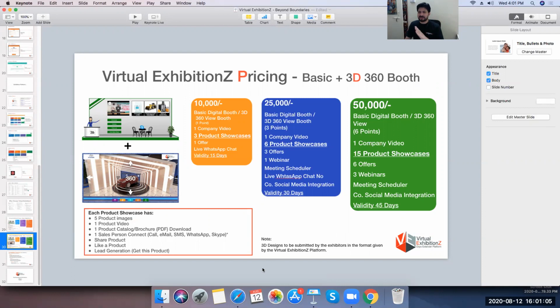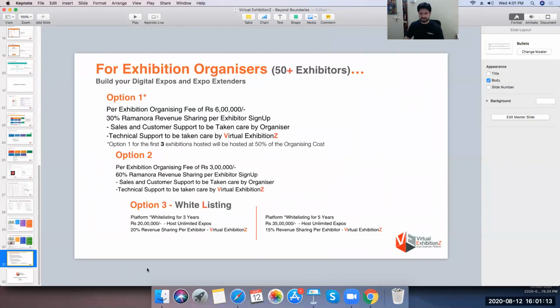This is a tentative pricing that we have given for the exhibitors, and then as a platform there is a sign-up fee for the organizer. You can do it either for one exhibition, or you have a total whitelisting facility, where you can use it for 3 years or 5 years.